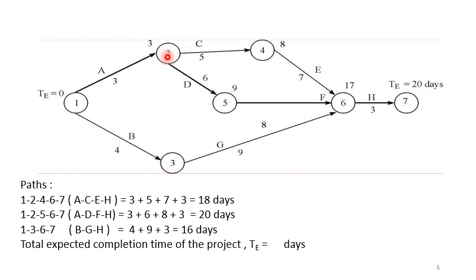Now, similarly, when you consider activity 2 to 4, or activity C, 2 now becomes the point at which C will start. So it is the start of activity C, and 4 now becomes the end of activity C, and so on. So in this network diagram, keeping in mind all the precedence relationships, activities are drawn on arrows, and events are represented in the nodes. This particular point here is the start of the project, and this is the end of the project.